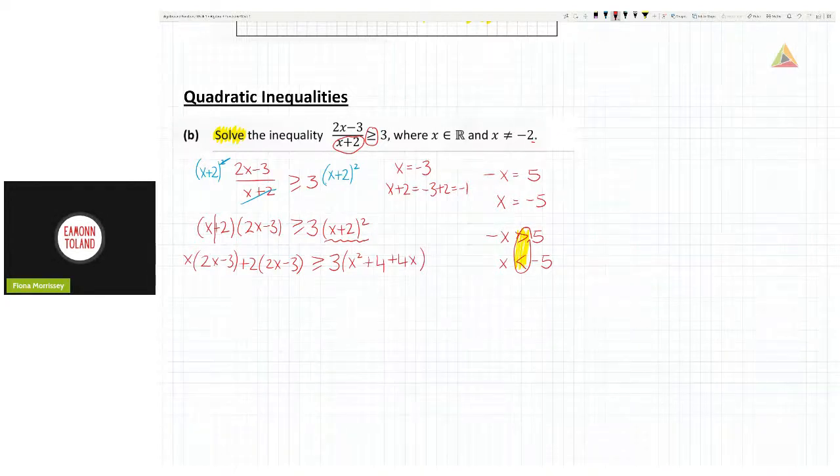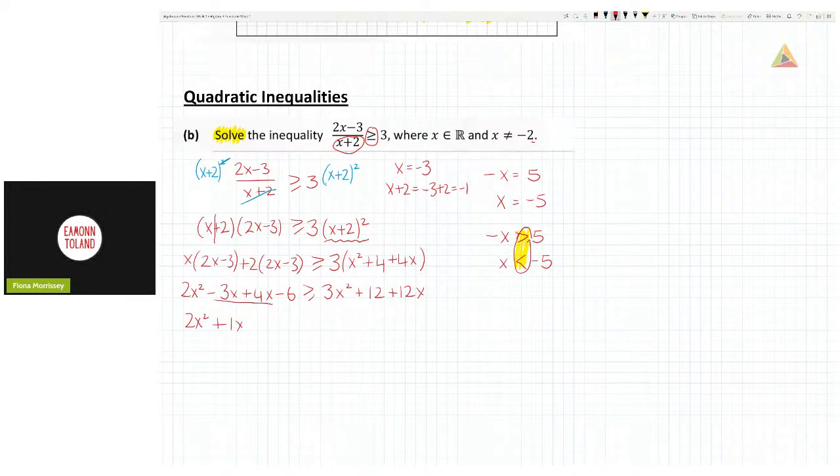So multiplying out the left, I'm getting 2x squared minus 3x plus 4x minus 6 bigger than or equal to 3x squared plus 12 plus 12x. So I've just multiplied in the 3 on the right-hand side. Okay, so that's giving me 2x squared plus 1x. So minus 3 plus 4 will give me plus 1x minus 6 greater than or equal to 3x squared plus